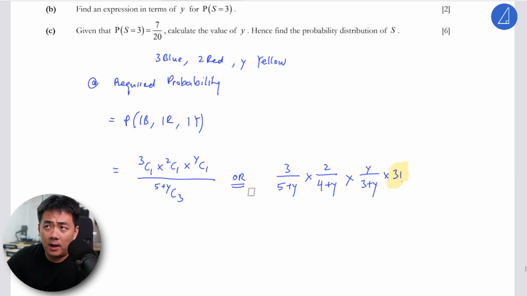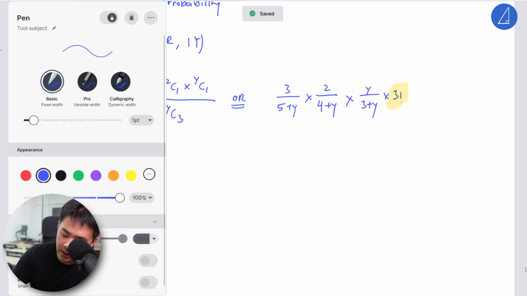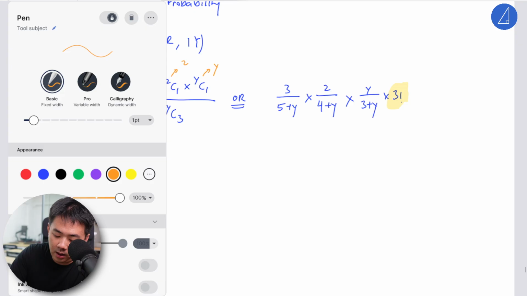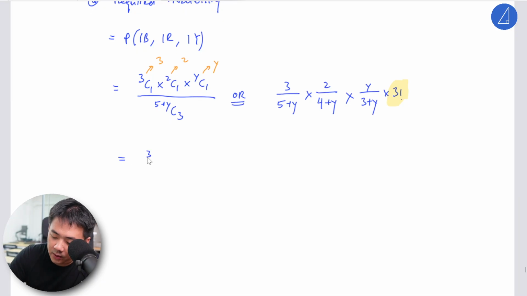So both will give you the same answer. For example, 3 choose 1 is 3, 2 choose 1 is 2, then y choose 1 is y. Of course we suggest you do the classical method for this question because it's easier to manipulate. Now this one is horrendous, but it doesn't mean that you can't do it. So 3 times 2 times y, over 5 plus y